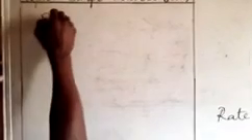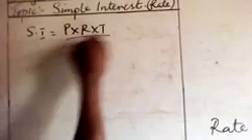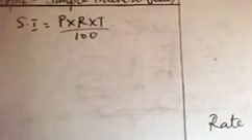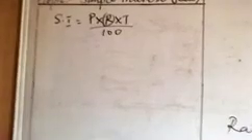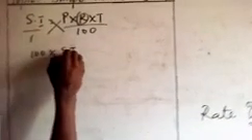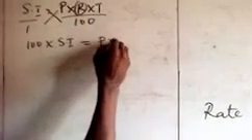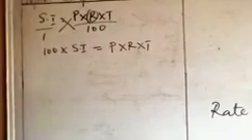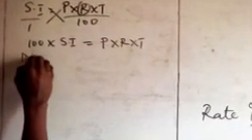And the formula for rate, before we continue, let me give you the derivation again. We said that simple interest is principal times rate times time over 100. That's the formula for simple interest. So if we are to get the formula for rate, we make rate the subject of the formula. So we cross multiply: 100 times simple interest will be equal to principal times rate times time. Then the next thing we'll do is to divide both sides